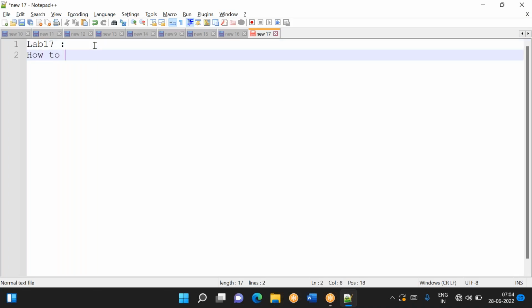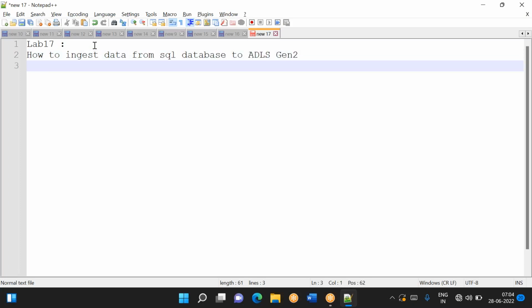The scenario is how to ingest data from, maybe you can say, a SQL database to Azure Synapse. We may not have this much time to discuss both things on the same day. We will talk about how to ingest data from a SQL database to ADLS Gen 2